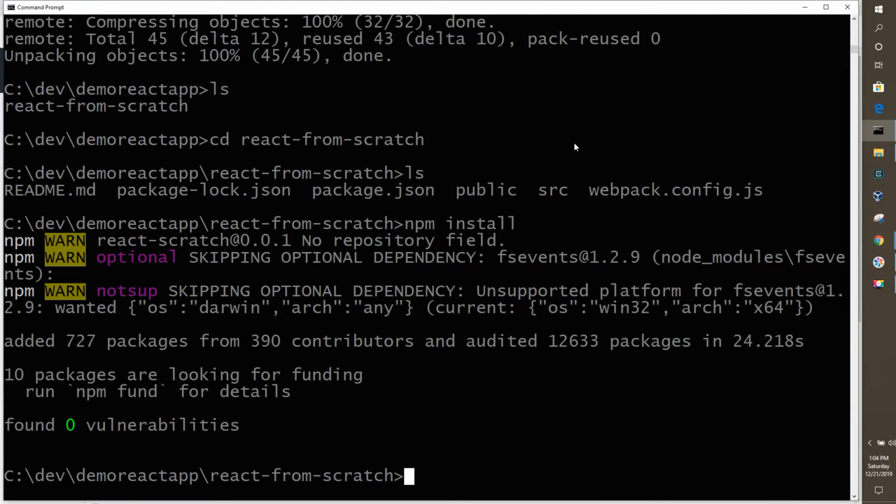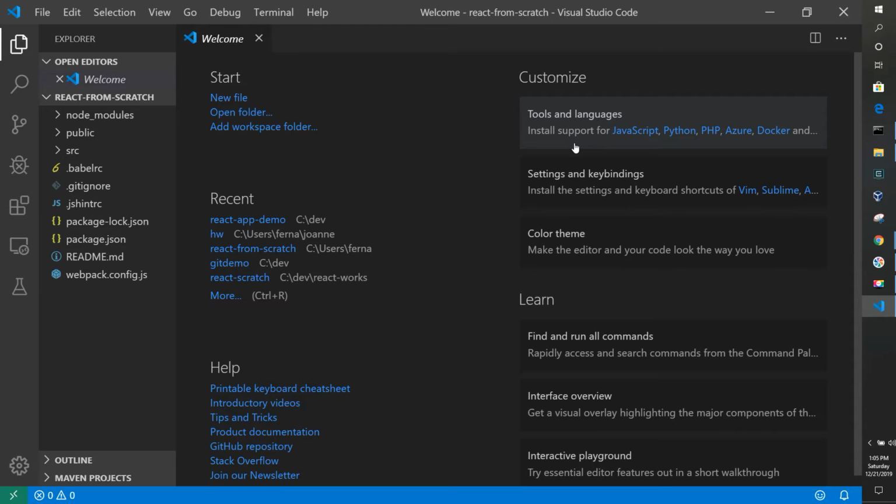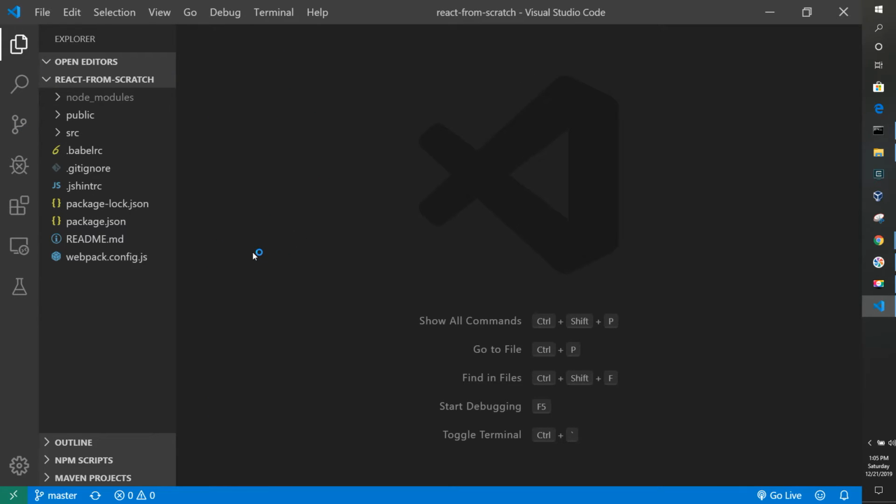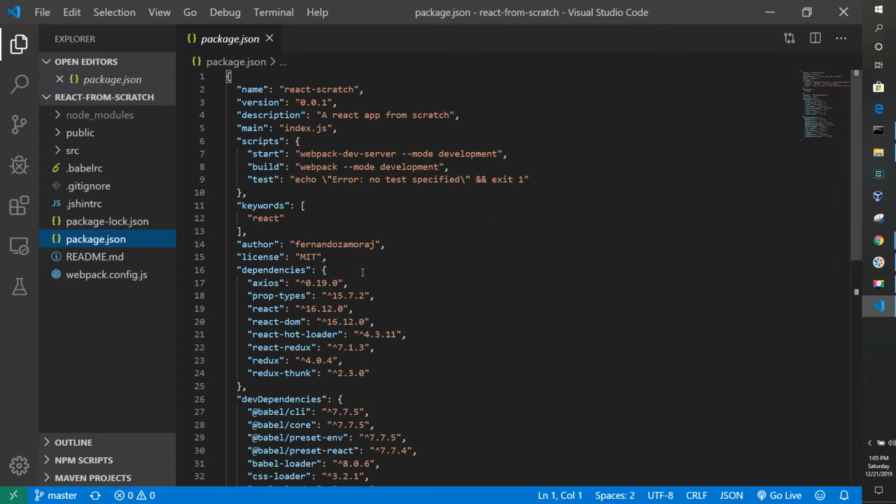So now that I've done that, before I start it, I want to go ahead and start Visual Studio Code. So let's go ahead and start Visual Studio Code right here. And this is going to take us to those files. At this point, we can just pretty much close this welcome page. And you can see that I already have a lot of files, and I did this based off a tutorial, and we're going to take a closer look at all of these. But one thing I want you to notice is that this package.json file has some things already, like the start